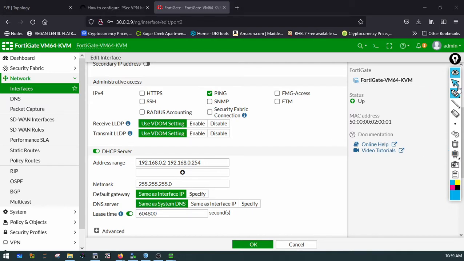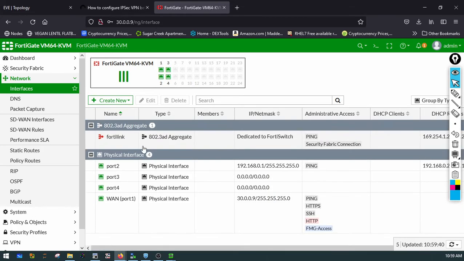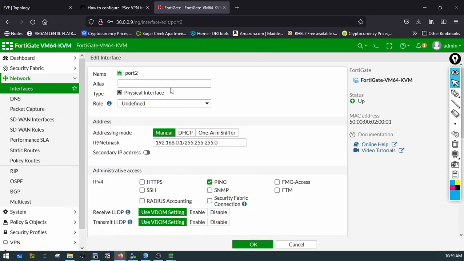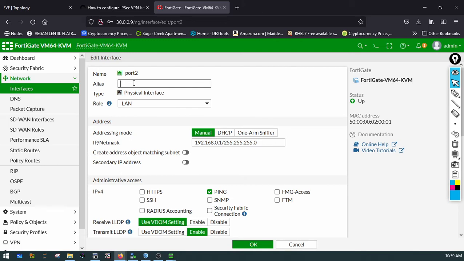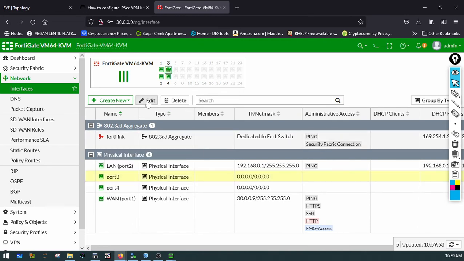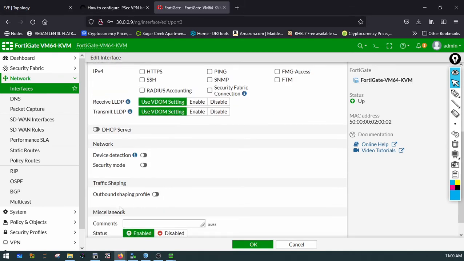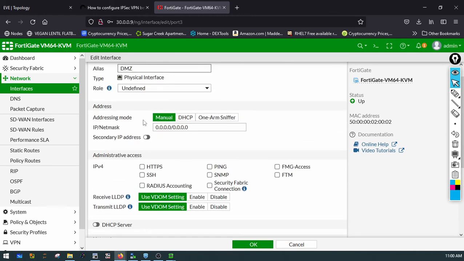And back to the management. Okay, so we get the LAN. Let me define the LAN. So this is a LAN. Okay, so we go to the DMZ, port 3 is the DMZ. I will just say DMZ here. Just so you know, if you turn the DMZ role on, you're not gonna have an option for the DHCP server. So I will not turn that on. I'll leave it